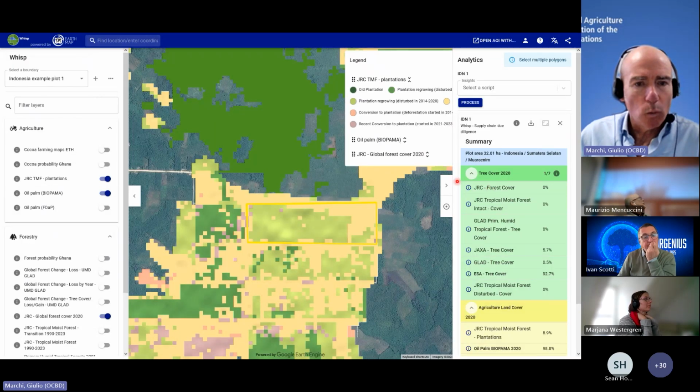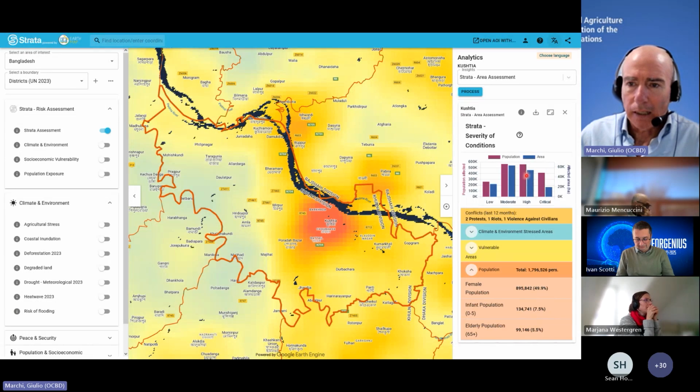This is the plot WHISP portal, currently under development, mostly, let's say, forest focused, on which the user can select several datasets here on the left, and immediately some statistics are calculated here on the right. And eventually, finally, the Strata portal, a collaboration with the UNEP, where the convergence of evidence of different layers is calculated